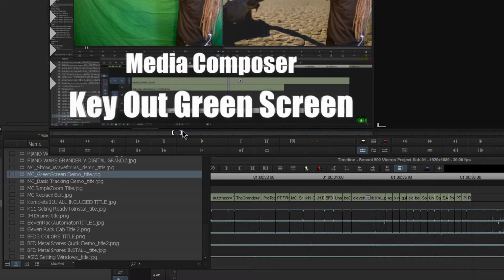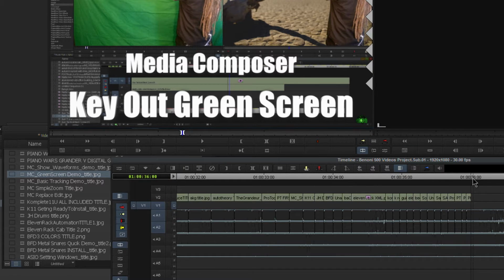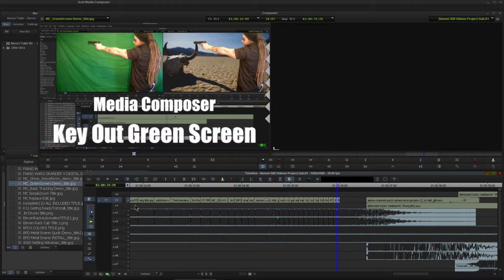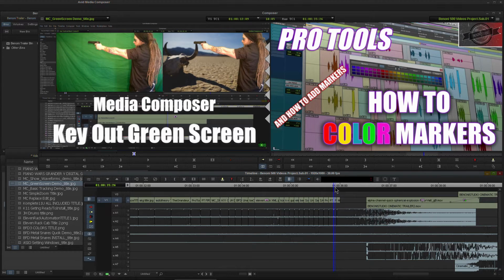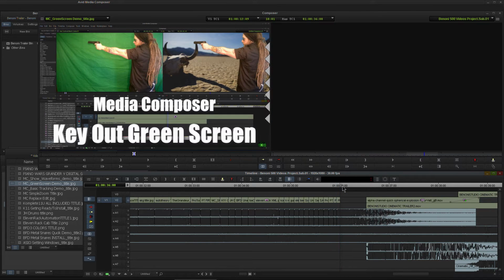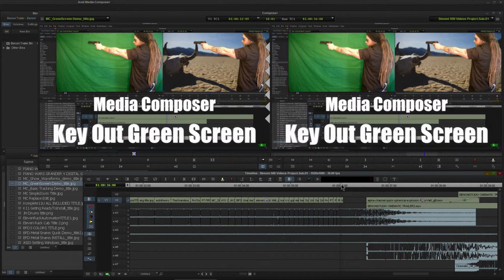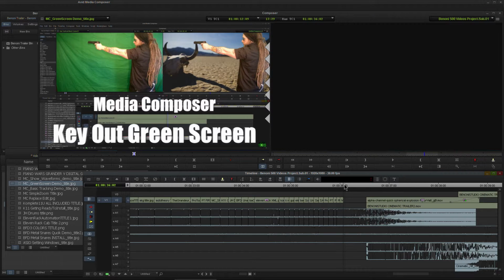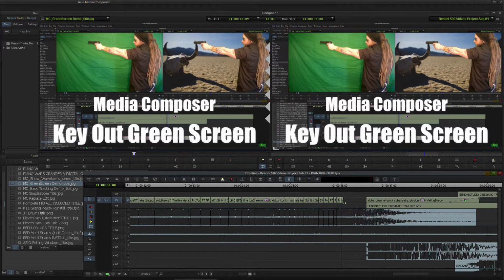I want it to be 1 frame, so in, out, and I want it on this track here. Actually, I want it on 2. Pop that in there. Actually, let me Control Z that. And I want it right there, actually. Okay, so of course, if I wanted to, another way to do this, I'm locking right to the head of